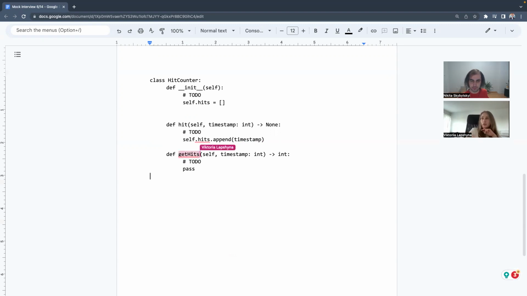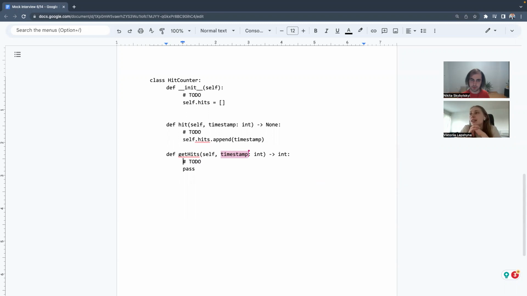But then what we want to do is to only get hits with a timestamp from the current. Yeah, okay, of course. So that's the current timestamp that we have, and we want to get the hits within the previous 300 seconds, right?